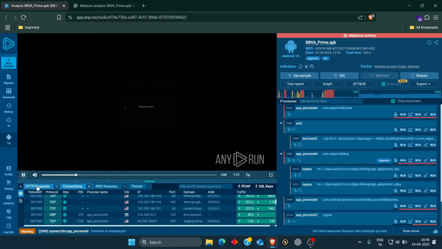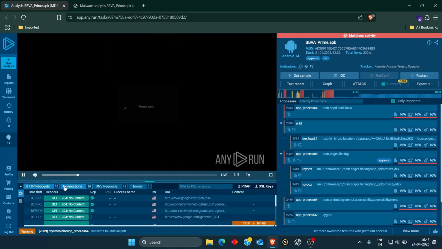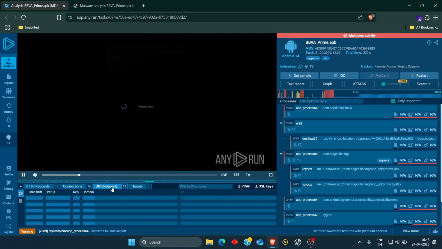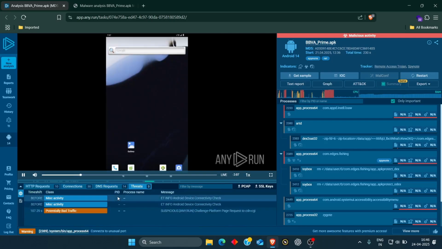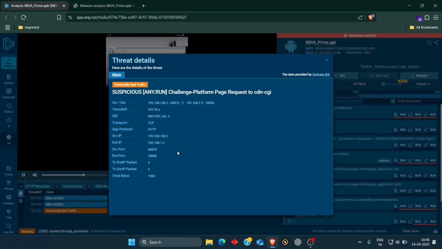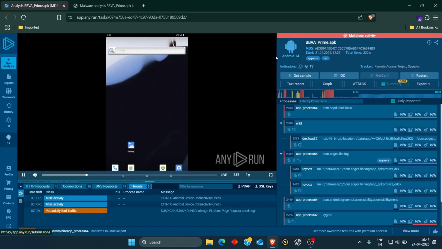In this section, you can see 10 HTTP requests have been made, along with 30 connections, 14 DNS requests, and 3 threats. Here you can see the third threat is potentially bad traffic. When you click on this, you can find other information about that. But if you want detailed information about this particular malicious application, you have the text report option, you can